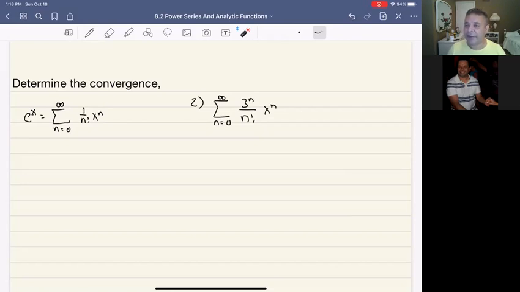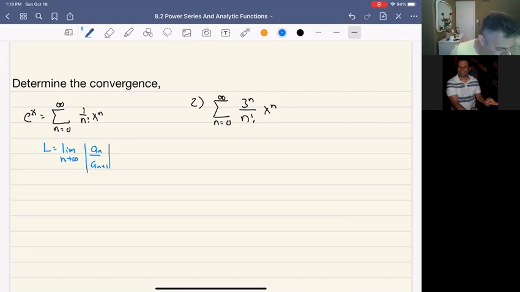So let's take and do the ratio test here. Okay, so let's take L equals the limit as n goes to infinity of a sub n over a sub n plus 1. Okay, so we just check that that's the right thing because I sometimes get that messed up. Yep. Okay, so now what's that going to give us? That's going to give us, well,